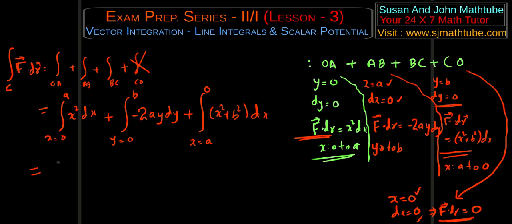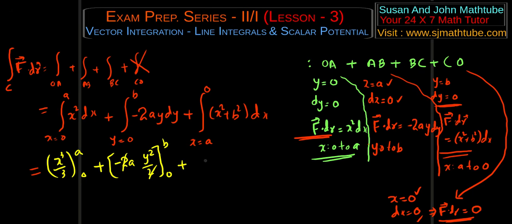So the first one will be x cubed by 3 within the limits 0 to a, and the second one is going to be minus 2a and y squared by 2 within the limits y equal to 0 to b, so it's going to get cancelled, plus x cubed by 3 plus b square into x within the limits a to 0,